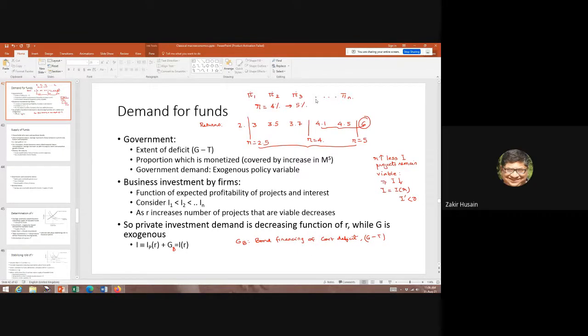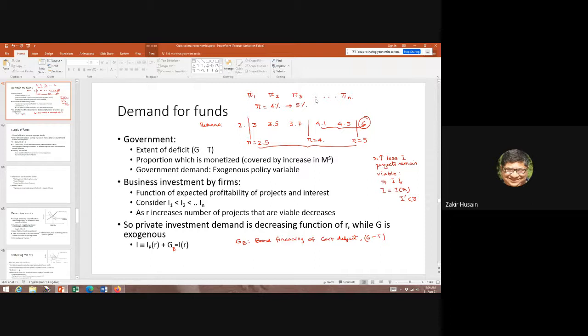Okay, what happens is that, as you know, the government has G and T. Okay, G is the government spending, T is the tax revenue. If your budget is balanced, G minus T is equal to 0, there is no problem. But suppose T is very low, so you're spending more than you are getting as tax revenue. You're getting 1,000 rupees as tax revenue, but you want to spend 5,000 rupees. Where will the government get this money from?